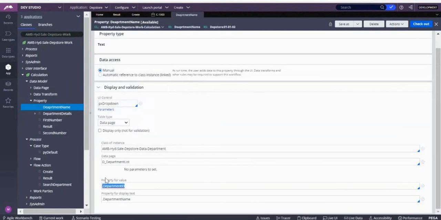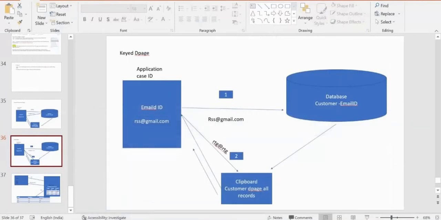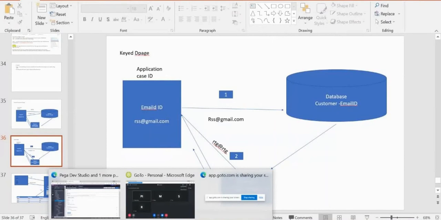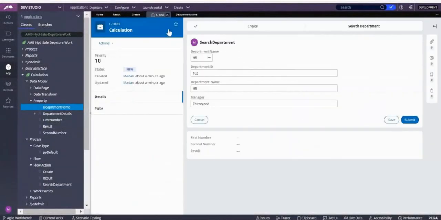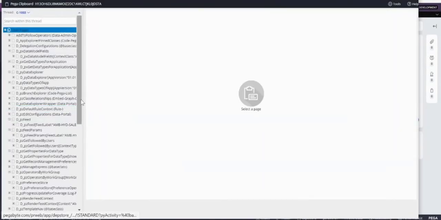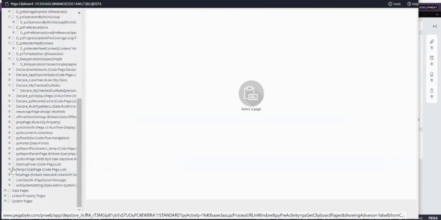But what is happening in the back end? That is very important, because we are talking about the keyed access pattern, right? So for that, go to the clipboard and see how the data is in your department thing. Can you see?